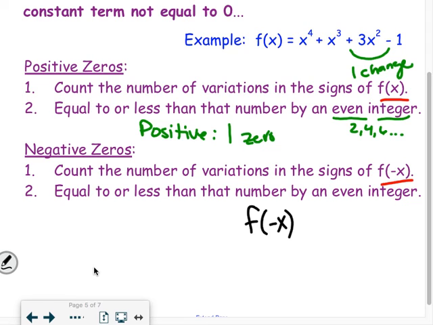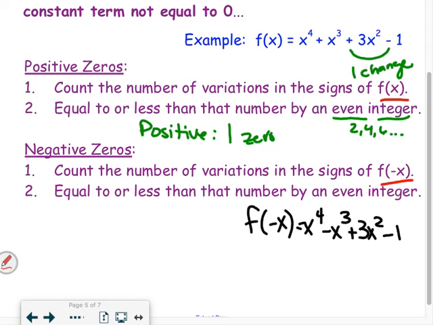If I plug in negative x to an even exponent, then my term stays the same sign, right? So this is going to be positive x to the fourth. If I plug it into an odd exponent, then my term is going to change signs. So this is going to be minus x cubed. This is even, so it's going to be positive 3x squared. And then there is no x, so it's going to stay negative